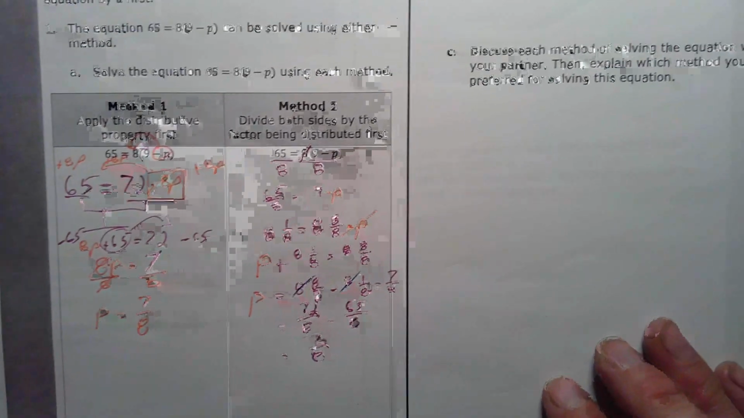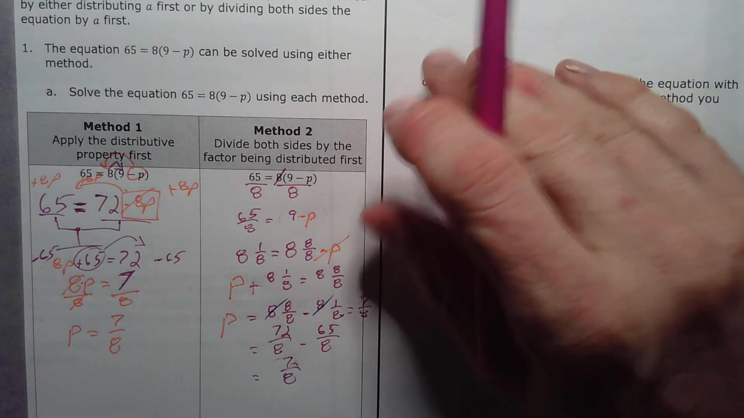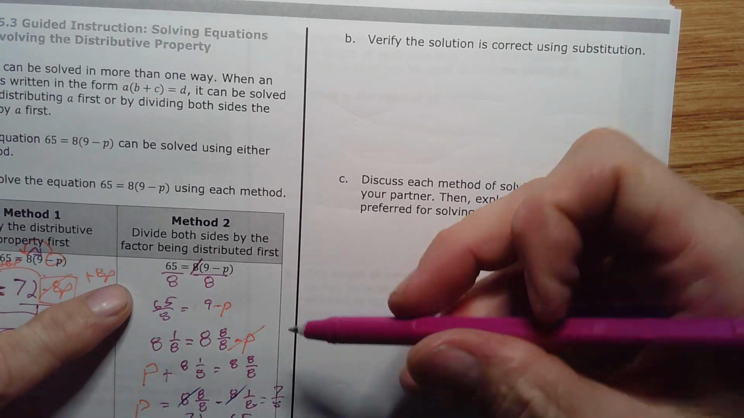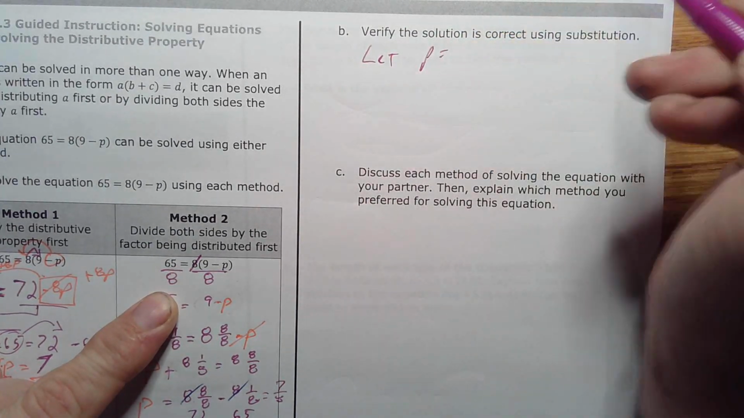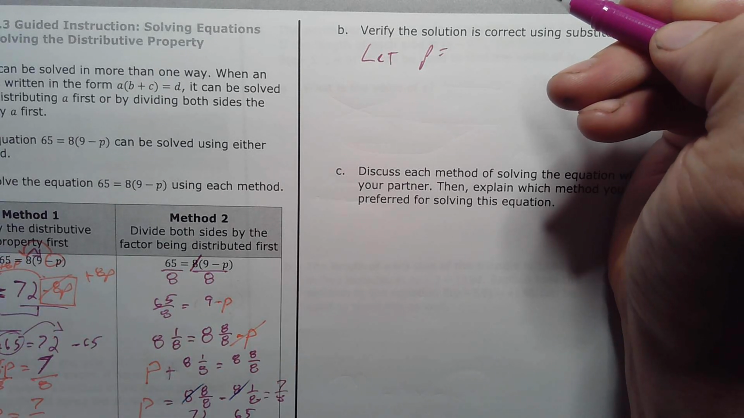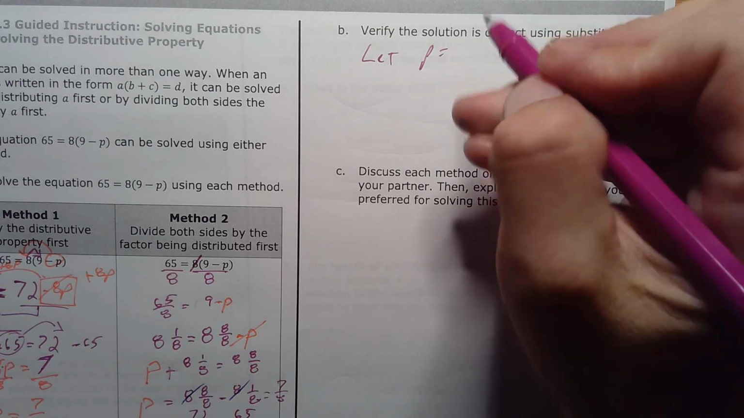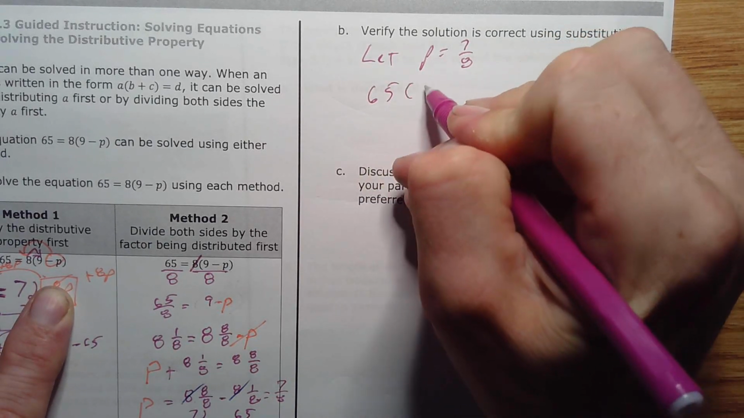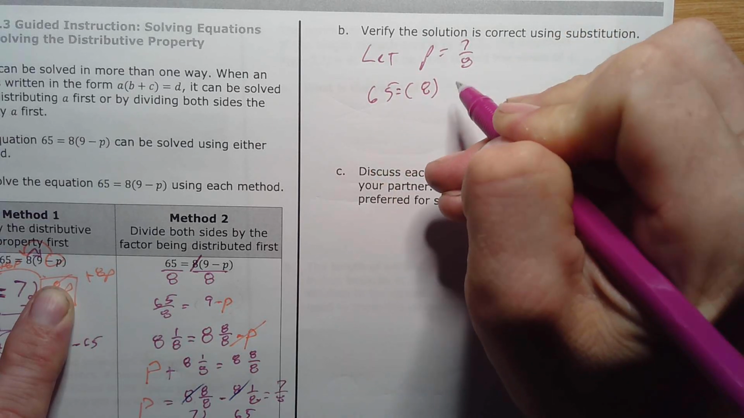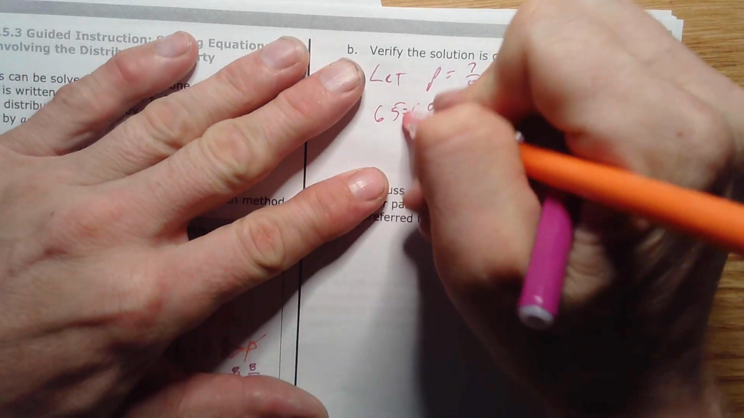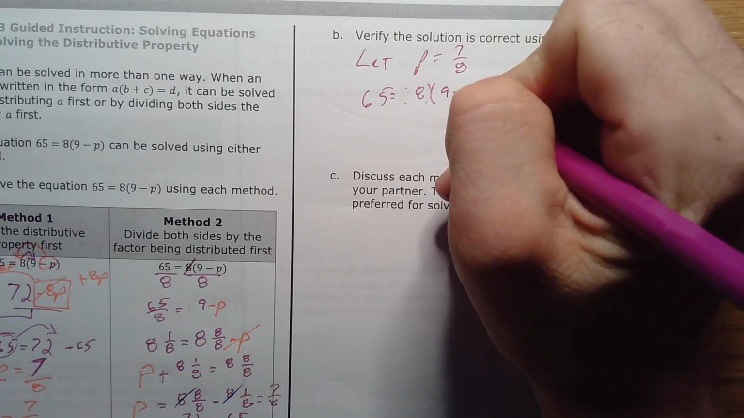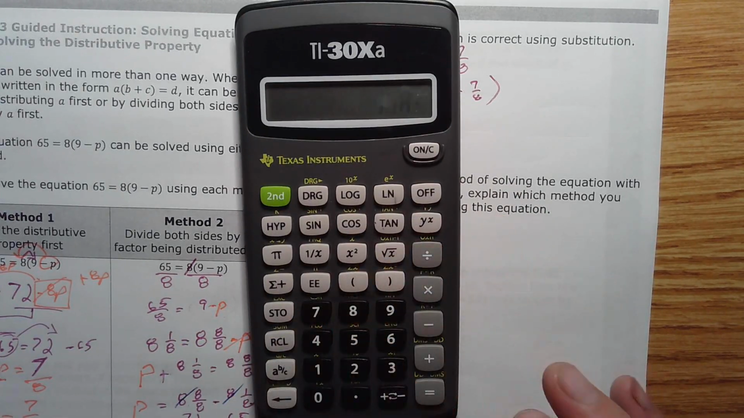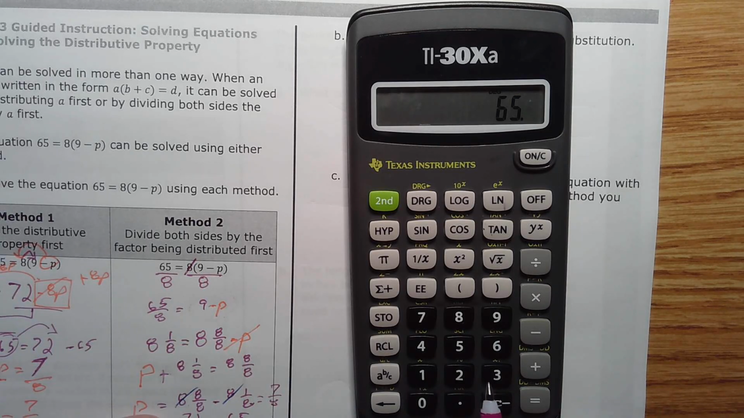All right. Now, to verify your solution was correct by substitution, you just, like we said in the very beginning, say let p equal something. We'll say let p equal 7/8, because that's what we figured out p was, right? And we're going to go 65 times 8 equals 65 times 8. Let me erase this. 65 times 8 times 9 minus 7/8. Okay, so we're going to do 9 minus 7/8, multiply that by 8, and we get our answer, 65. That's how you check